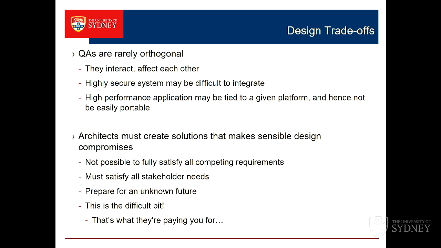And your job as an architect is to create holistic solutions which do well enough at all these attributes for the whole system to be working well enough. There's a saying that perfect is the enemy of the good. If you tried for perfect everywhere, you'd never get the thing shipped. Shipping code is better than perfect non-shipping code. You'll never meet all of those competing requirements. You've got to meet all your fundamental stakeholder functionality requirements, including some of the performance ones, but you won't be able to meet everything possible at once.